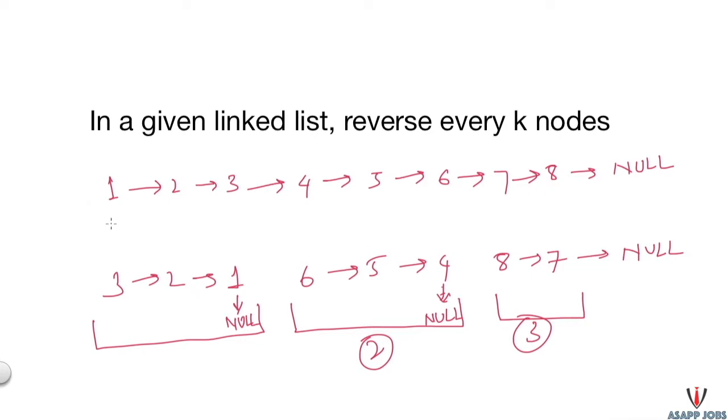So let's observe what is happening here sublist-wise. Before reversing any sublist, the starting element will become the end element. So before reversing this sublist 1 2 3, 1 was the starting element, and after reversal 1 became the end element of this sublist, right? So similarly, if you see 4, which is the starting element before reversal, it will end up as the end element of that particular sublist, right? Similarly, if you see for 7,